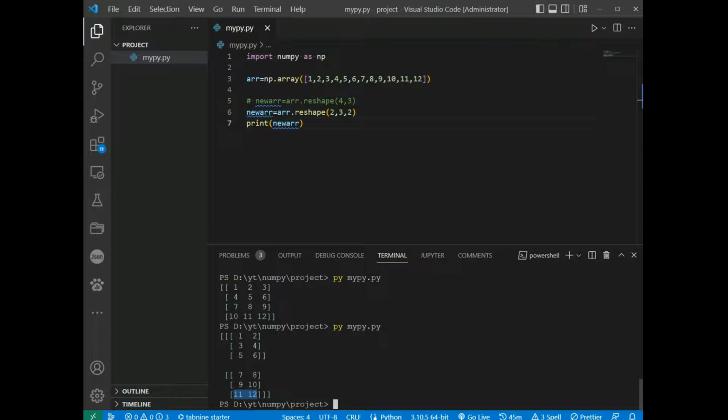And can we reshape into any shape? Yes, as long as the number of elements required for reshaping is equal in both shapes. We can reshape an 8 element 1D array into a 2D array with 2 rows of 4 elements, but we cannot reshape it into a 3 by 3 2D array, as that would require 3 by 3, equal to 9 elements. So for example,